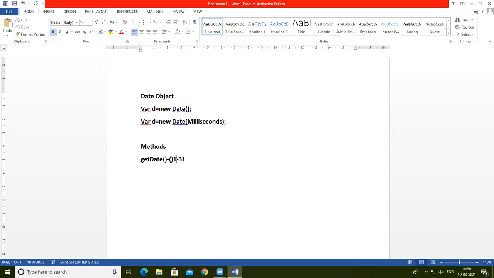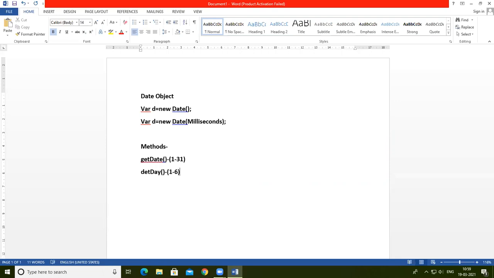Which date is today, that number is returned when using this method. Then another one is getDay. This method is used to return which day of the week it is today. Those values are from 0 to 6.